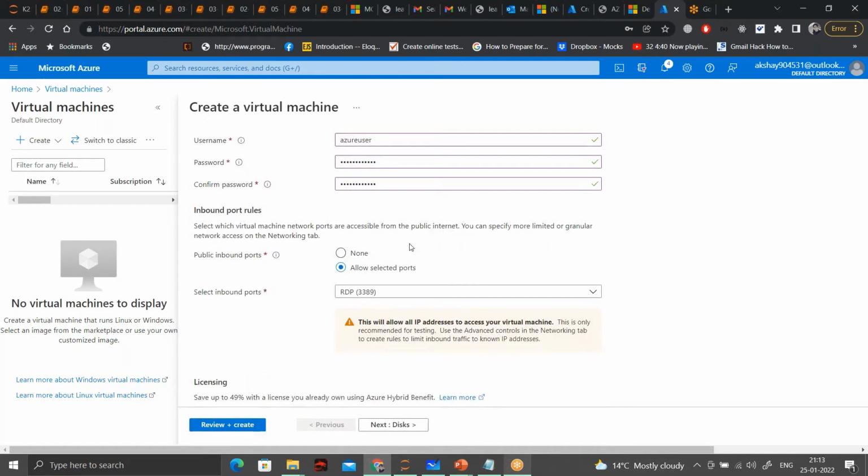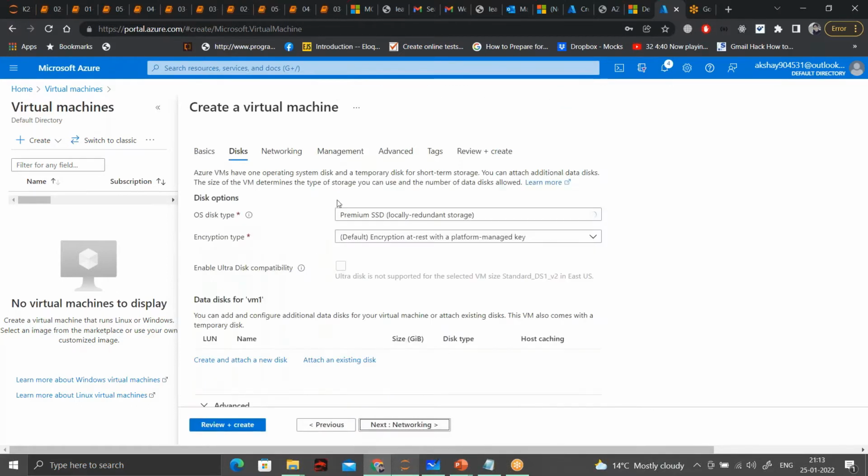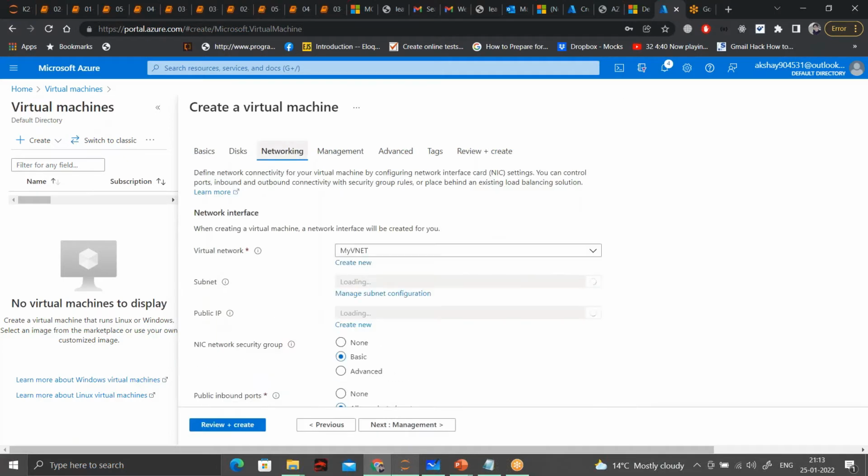I will also allow ports 80 and 3389. Because it's a web server, port 80 should be open, and RDP 3389 is used for your RDP connection, your remote desktop client. Disk and everything else I'll keep common for networking.